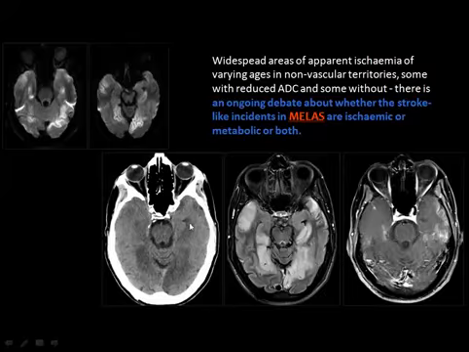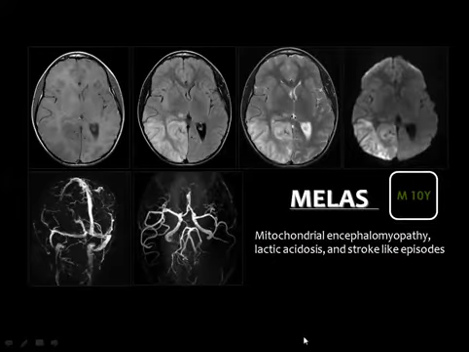The lesions will appear hypodense on the CT scan. They will appear of high signal in the T2 and FLAIR-weighted images. If you inject the contrast, they may show luxury perfusion or a gyral pattern of contrast enhancement similar to any infarction. And if you have the diffusion weighted images, they will actually show restricted diffusion. But if you have the MR angiogram, then you will see that the vessels are normal,